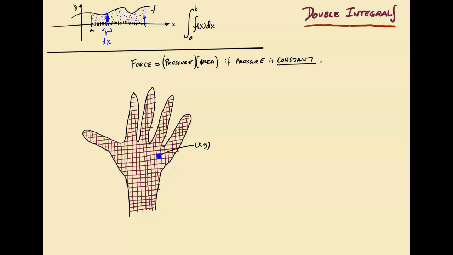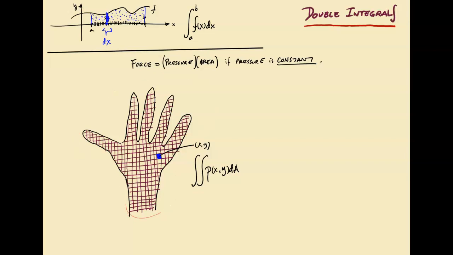So if this is an infinitesimal neighborhood of this point xy in R2, I could tell you something about the force exerted just by that one little bit of the hand, because the pressure really is constant there. In fact, the force exerted there would be the pressure at xy, which is constant because we're on an infinitesimal scale here, times the area of that little bit, which is going to be dA, an infinitesimal little bit of area. And now I want to do that not just at that one spot, but all over and add them all up. So to do that, all I have to do is do the double integral, and what goes down here, I am integrating